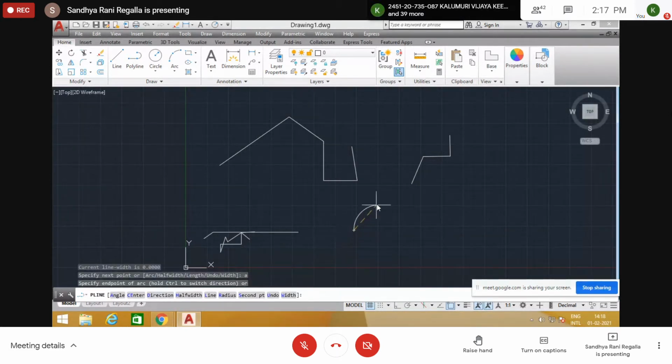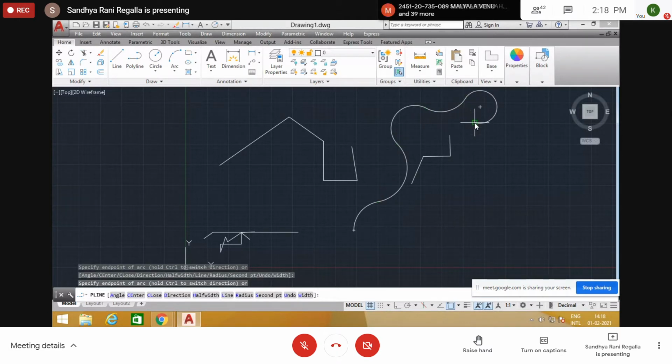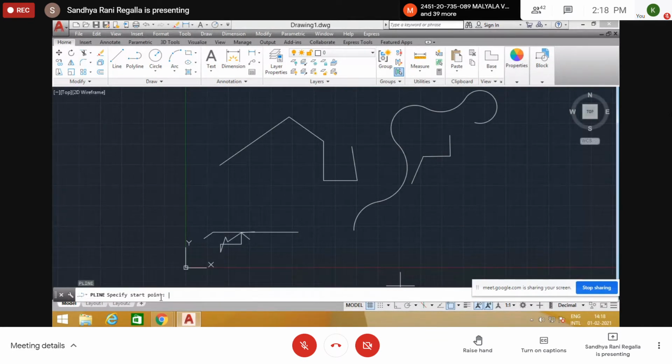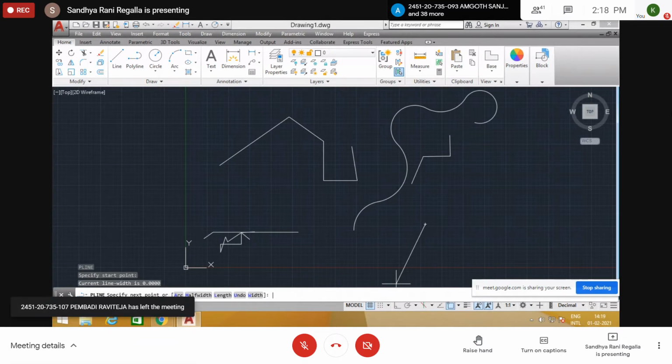So instead of straight lines, we will get curved lines, arcs. That is the arc option. And here you will see some more options. Half width means, before specifying the next point, go to the half width option, H, enter.